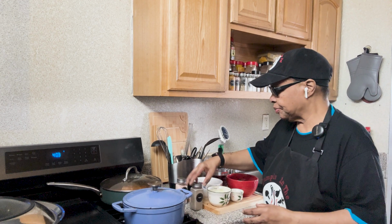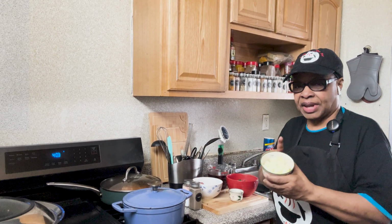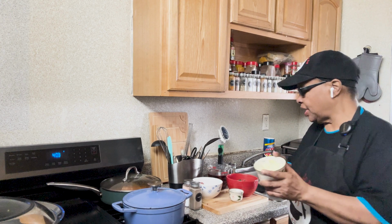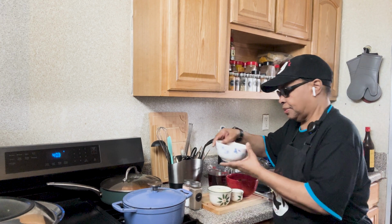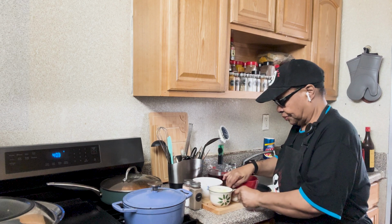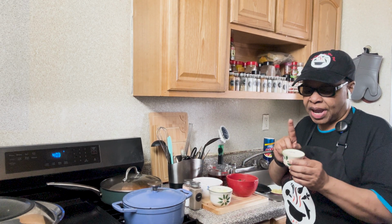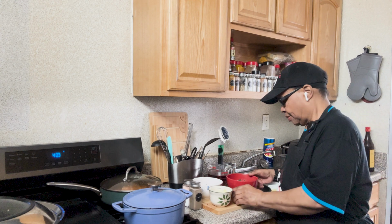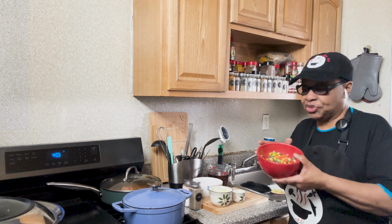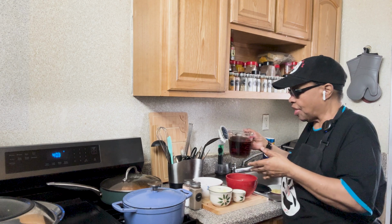Black pepper, salt, diced onions and garlic, kielbasa. I have here cumin powder and chili powder, mixed vegetable, beef broth,